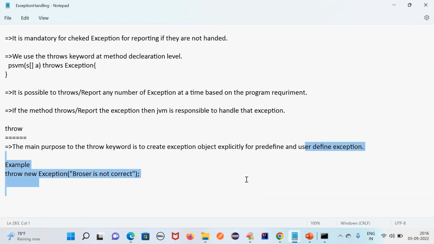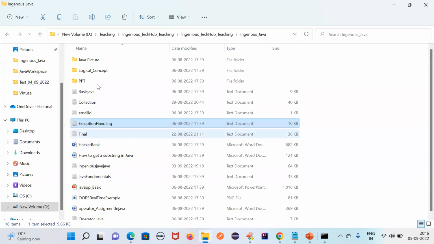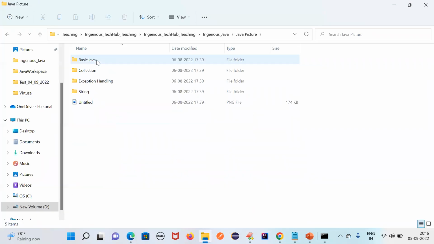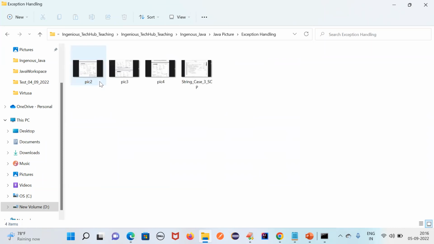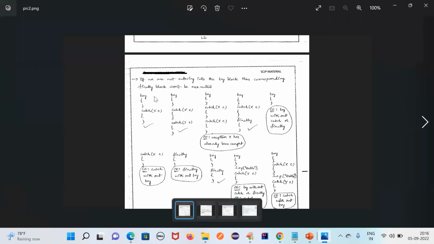They won't ask much beyond whatever we have discussed in our notes. Let me show you, I'll share those notes as well. So we have some combinations here. In the interview they will ask you which possibility is valid and what is not. You can see we have try catch catch, try catch catch.